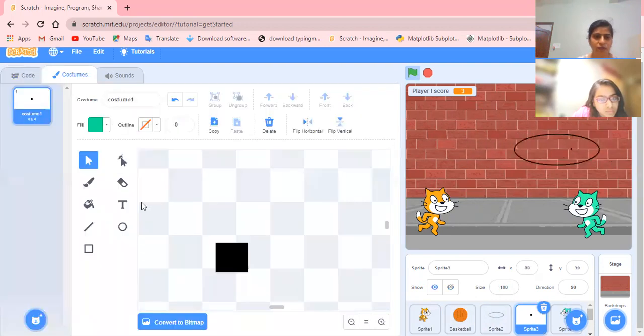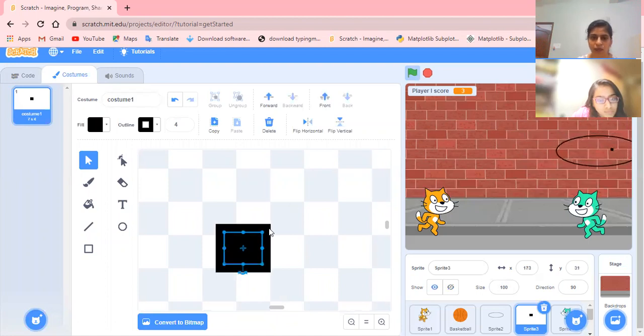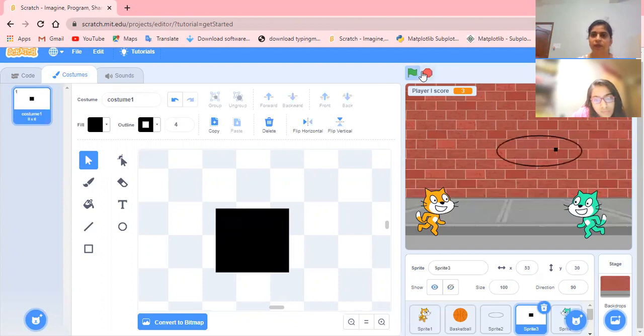For the increment of size, we are supposed to come here in the costume and increase a little bit, enough, more. Right? Now let's see.